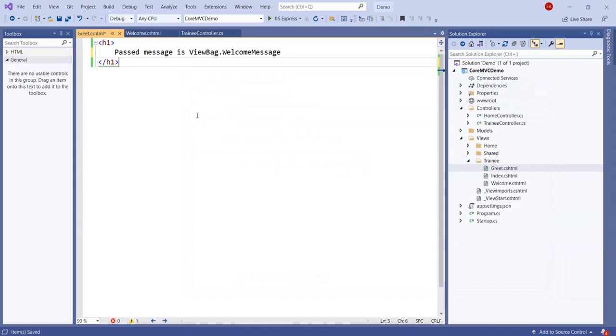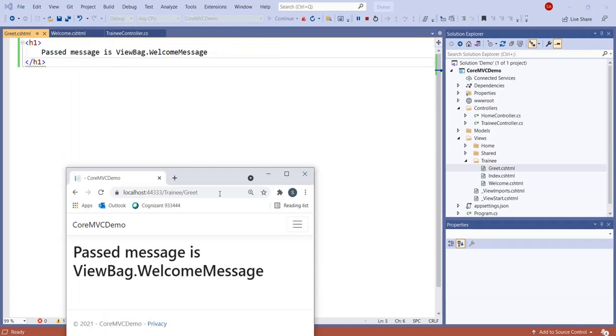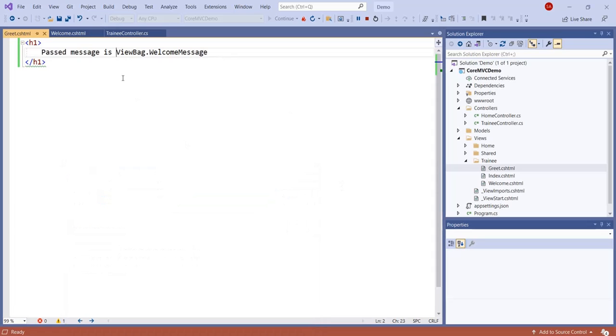If you remove the @ and run this, you won't get anything. You simply get ViewBag.WelcomeMessage as a plain text message. So you have to differentiate the variables, ViewBag, ViewData, as well as the models. Just add the symbol there, and you will get the proper output.